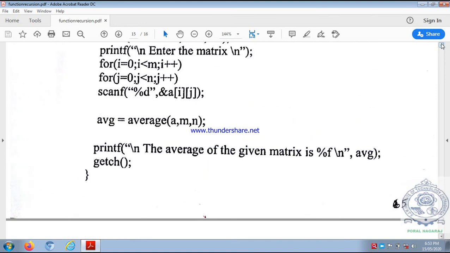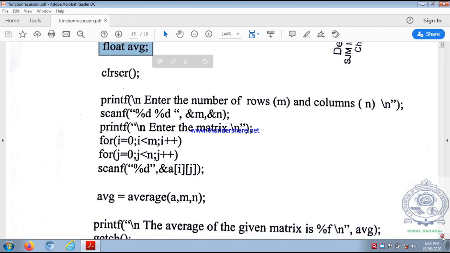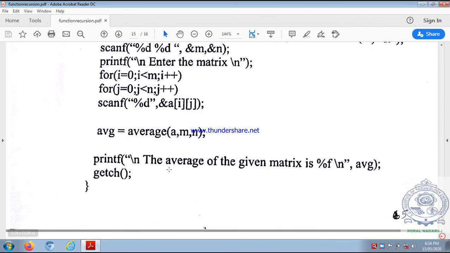That's why we have declared AVG with data type float. You can observe here AVG is declared as float. Once it is copied into AVG, we can print the value of AVG: the average of the given matrix is percentage f. So in percentage f you are printing the value of AVG, whatever was returned. Then end of program; getch means end of program.